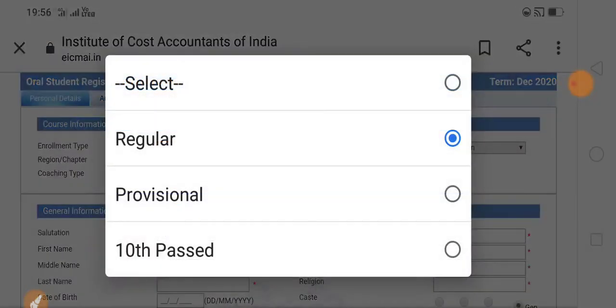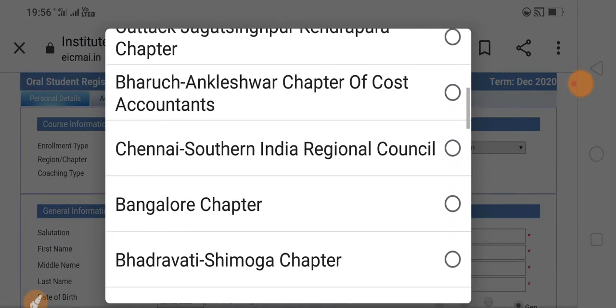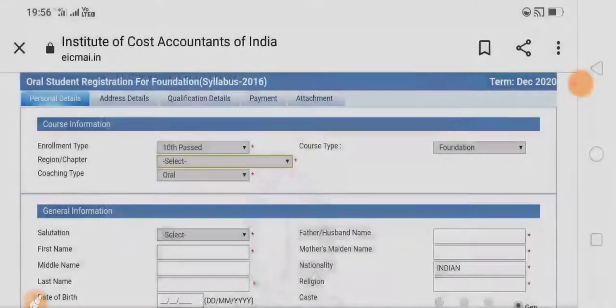Regular or provisional, depending on whether you are studying regularly or provisionally at 10th pass; select your desired certificate. If you qualified as 10th passed, click here and select the chapter nearest to your locality.